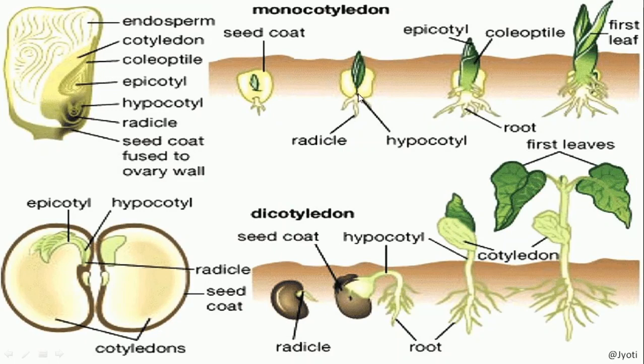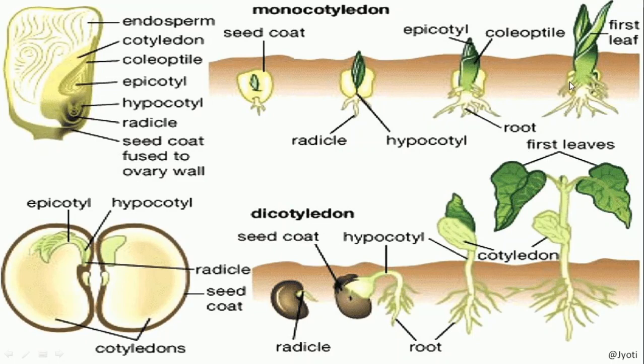The upper part is called the hypocotyl, the lower part is called the epicotyl, which develops into the radicle, and this hypocotyl develops into the shoot. Okay. Now here you can see that while the plant is growing, it has only one cotyledon. This is the embryonic leaf. It is a leaf-like structure which provides nourishment to the developing embryo. So since only one cotyledon is present, it is called monocotyledon.